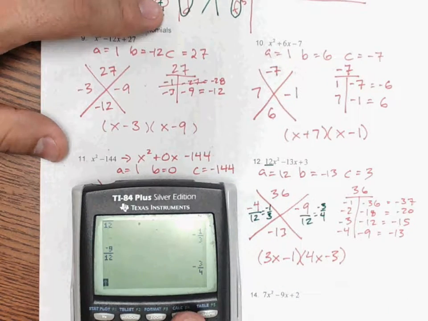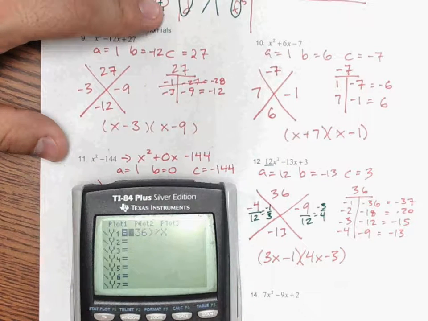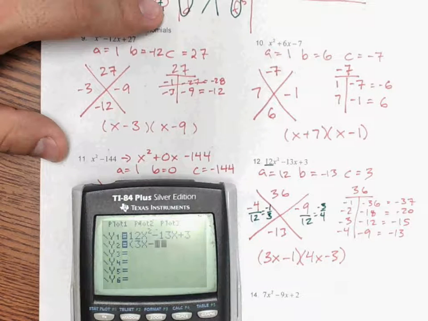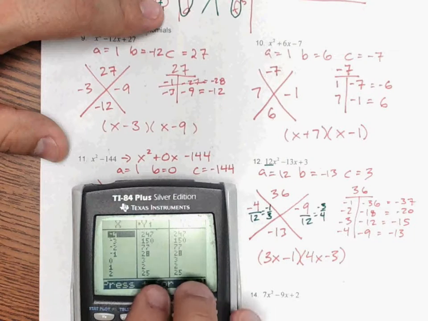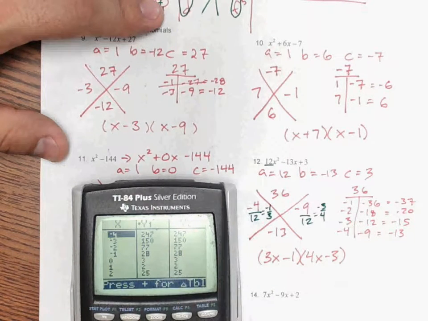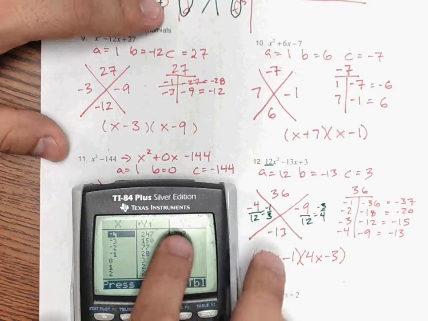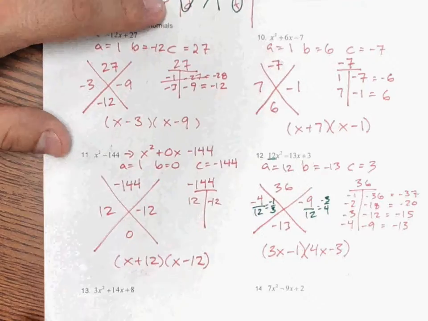Okay, and if you want to check your answer, which we're going to do right now, you can plug in the original question, 12x squared minus 13x plus 3, and then your solution, 3x minus 1 and 4x minus 3, and then check the tables in y1 and y2, and they should be identical all the way down, which they are. Okay, and I'm not going to do that for every problem because it'll take too long to show you, at least on the examples. On the next one,